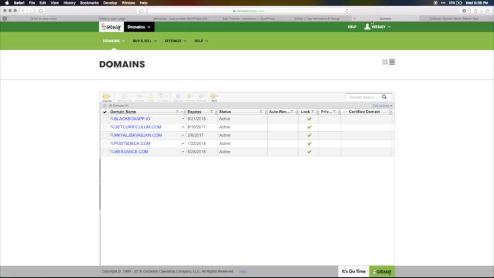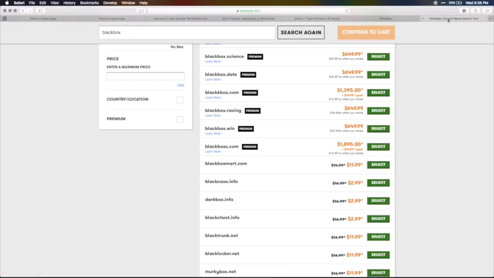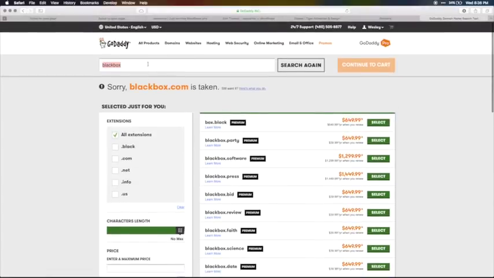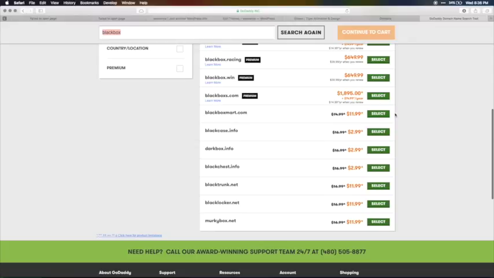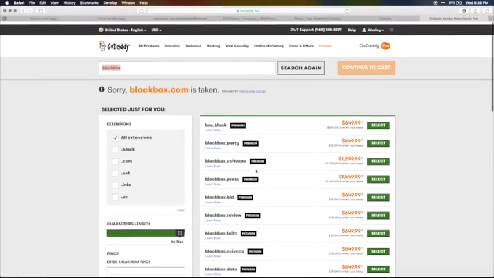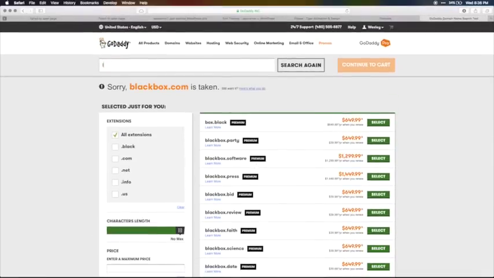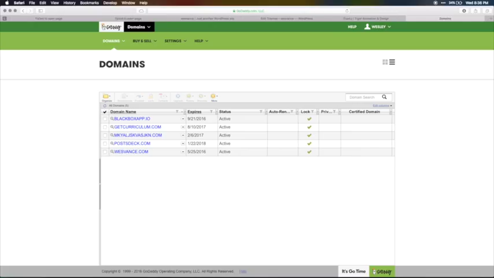So I own blackboxapp.io, so I don't even own .com. So yeah, this is a good place to go and look for domains. Usually they're around $20 if you can find a .com. Why do you have to buy? I mean, I get that you buy it. I don't want to buy. Yeah, so domains are